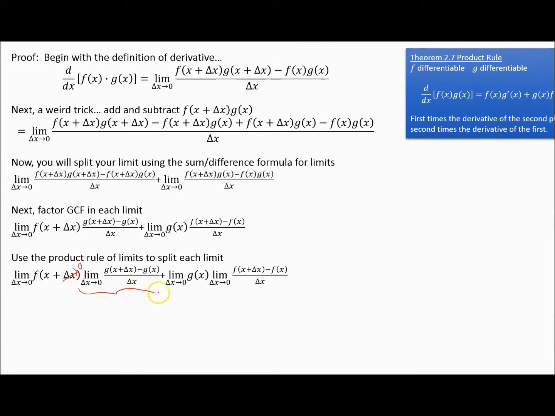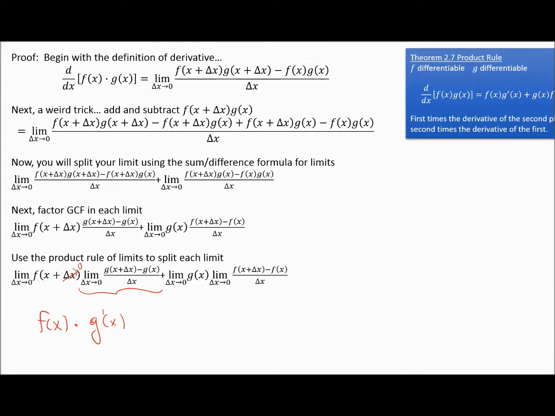Now what is this? Does that look familiar to you? The limit as delta x goes to 0 of g of x plus delta x minus g of x over delta x. Doesn't that look just like the derivative? What's that the derivative of? Well, that's the derivative of g of x, right? So when I plug 0 in here, that's just going to give me f of x times, and this is the derivative of g of x, so that's g prime of x, plus